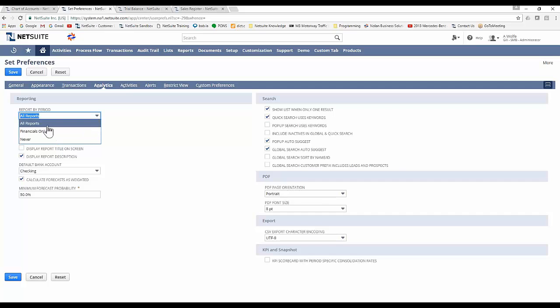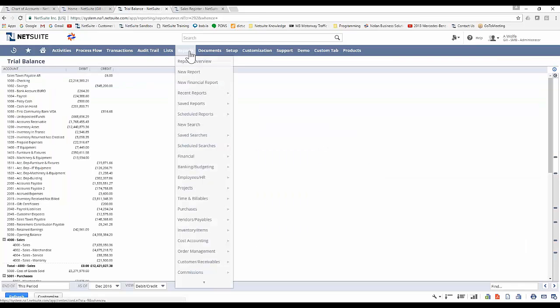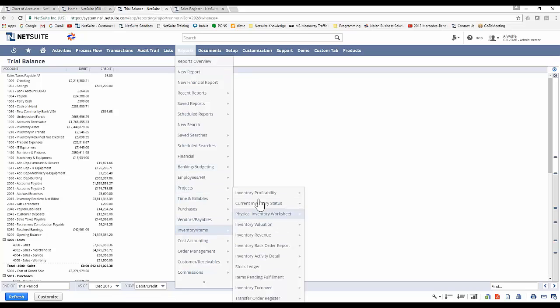If we are using this for all reports, it will mean, for example, that the inventory report will also be created using the accounting periods. So let's switch it quickly for all periods. I will show you the difference. For example, if we now go to Reports, Inventory, and let's say Inventory Profitability,